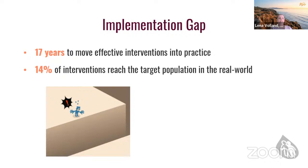But then it takes about 17 years from that intervention that is sitting on somebody's desk, that has been published and has been brought out there, to be actually implemented into the clinical setting, so that the real target population, the patients themselves, can benefit from that intervention. Now, another really scary thought is that only 14% of the interventions actually reach the target population in the real